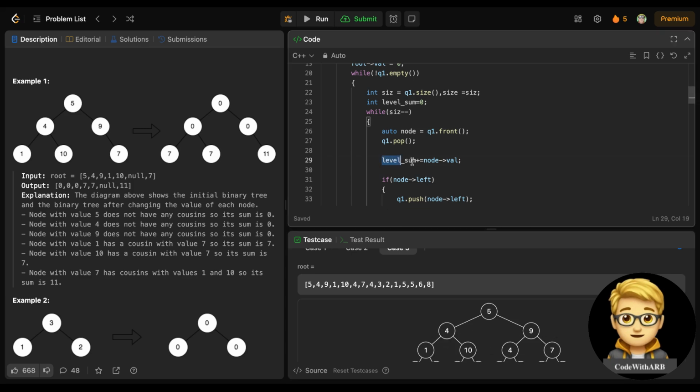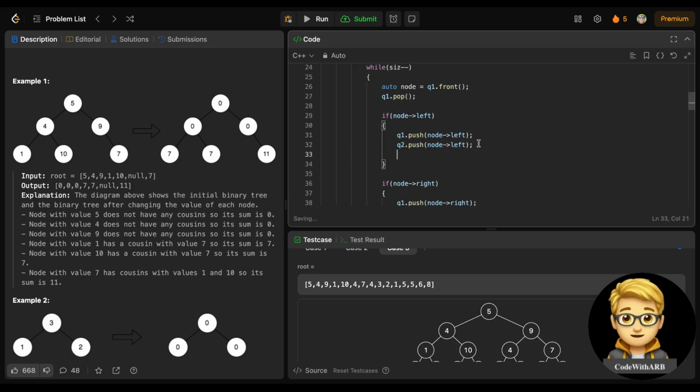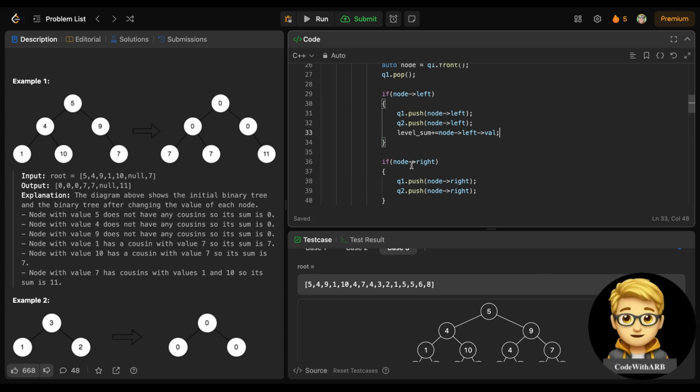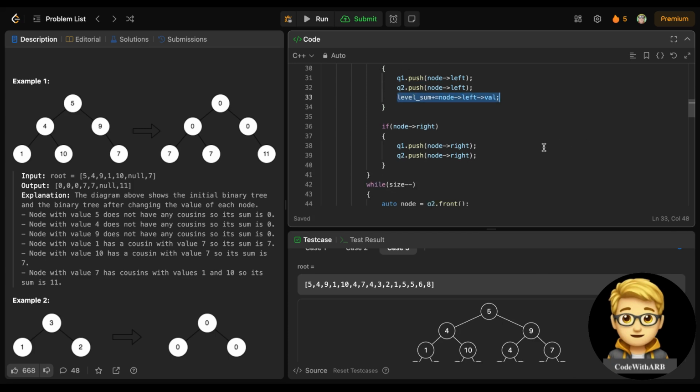This level sum would not be here, it should be here. This node left value, because we know the parent but we don't know about the children, and we need the level sum for each child. So this will be the